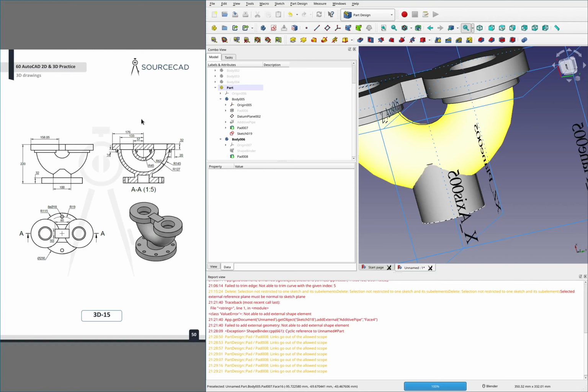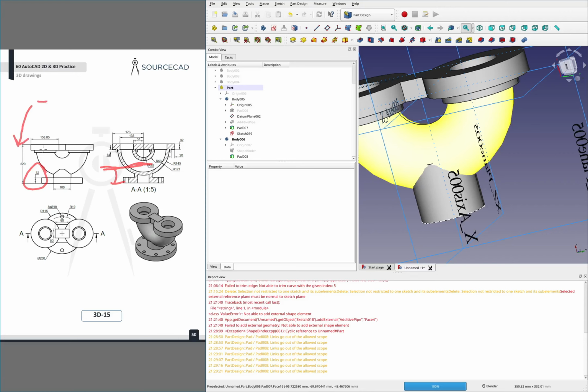Let's see. So I need the distance from here up to the center of this thing, and that distance is going to be this 32 here. Let's see, or actually it's going to be this 220